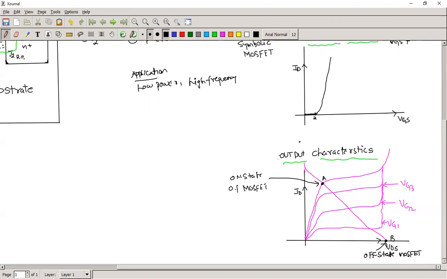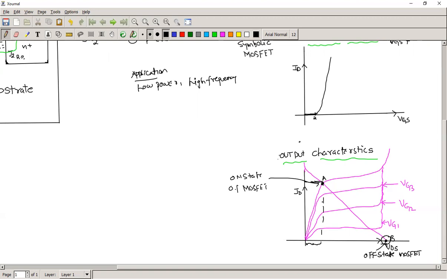Generally, we know that if the device is off, whatever voltage we apply, the total voltage will appear across the device. The voltage is more, but the current is lesser. That physically represents the off state of the MOSFET. Suppose the device is on, it is carrying more current at this point, but the corresponding voltage drop will be lesser. This voltage drop is nothing but the voltage drop across the device due to the internal resistance.